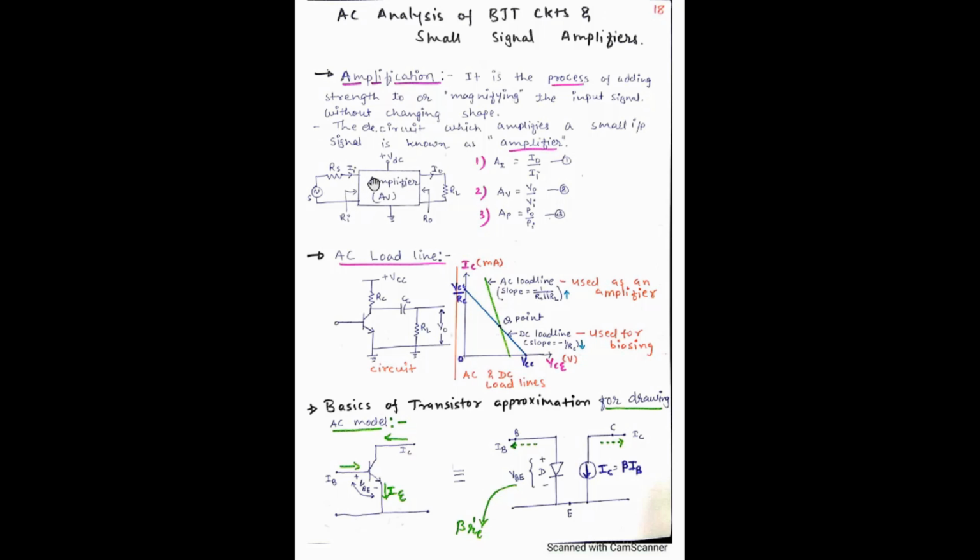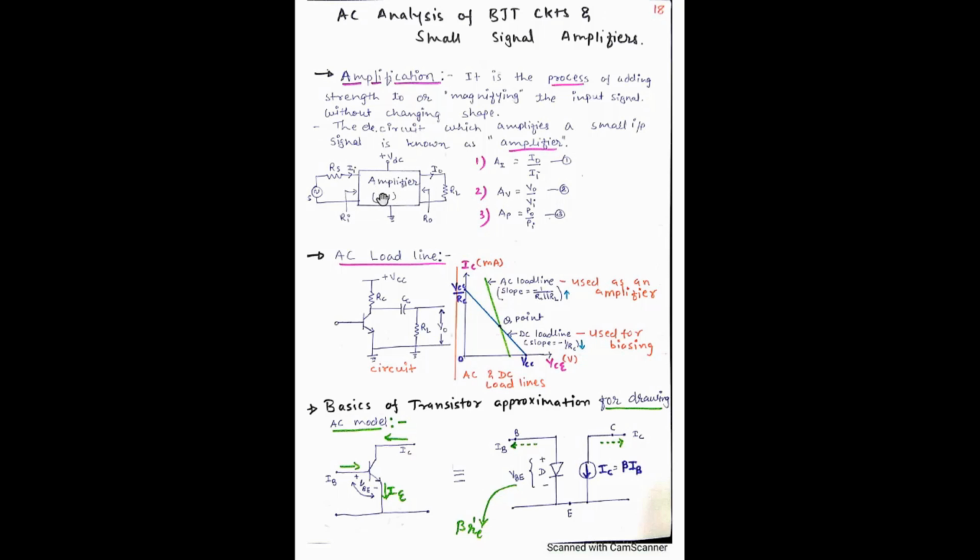This is one block amplifier in the given circuit. AV denotes voltage gain. Input source voltage is applied by Vs, that is the source voltage. There are two resistances, one source resistance on the input side and one load resistance connected at the output side. These two quantities are currents, input current Ii and output current Io.